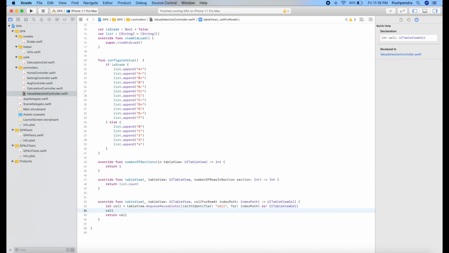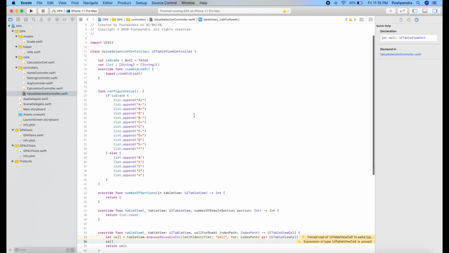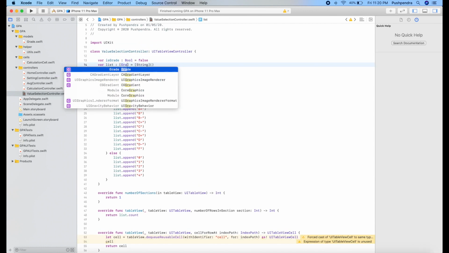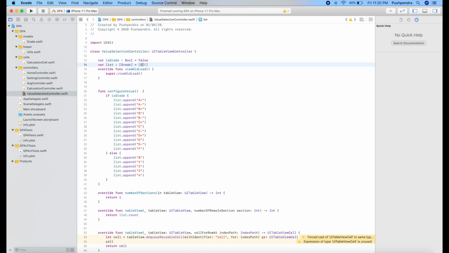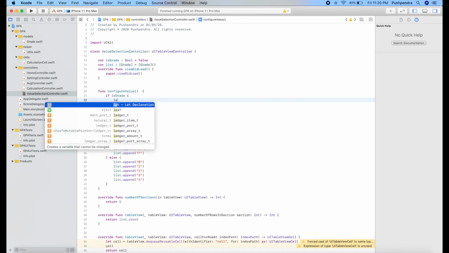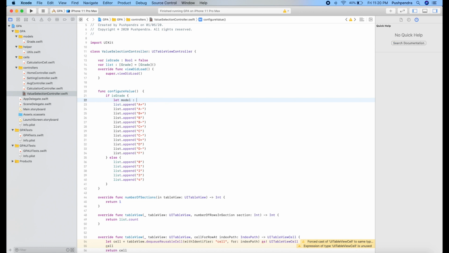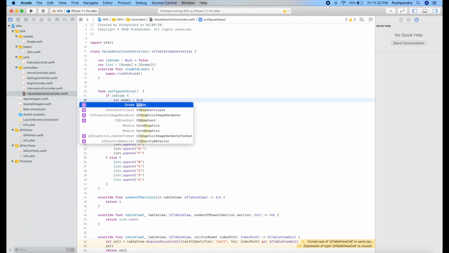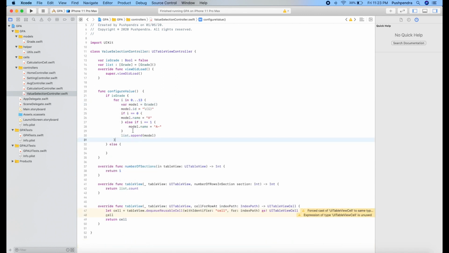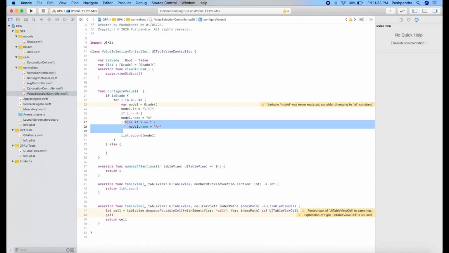Now cell. I'll convert this string list to a grade type of grade list. Here I will edit all the items as per our requirement. Grade type of grade, and I will change the complete list as per our requirement.